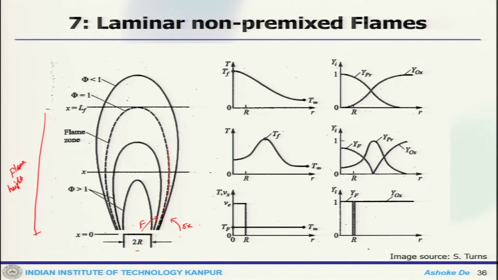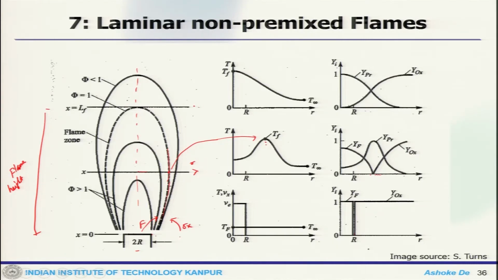At a certain downstream location, the temperature is varying. This position corresponds to the radial location, if we look here, this goes in the R direction, and this is the location which corresponds to the flame surface. So, this corresponds to that, and this is how my fuel comes down, oxidizer comes down, and product forms.